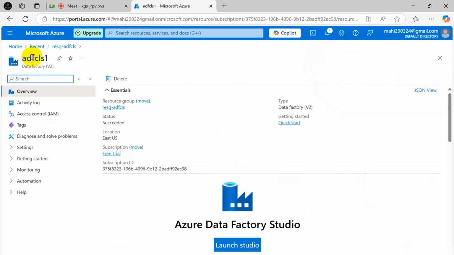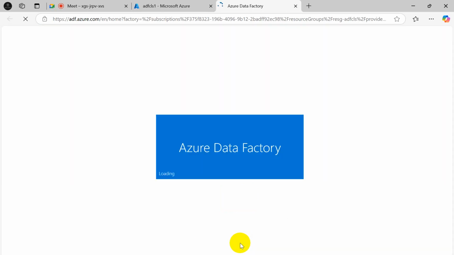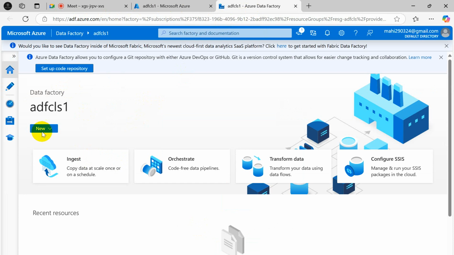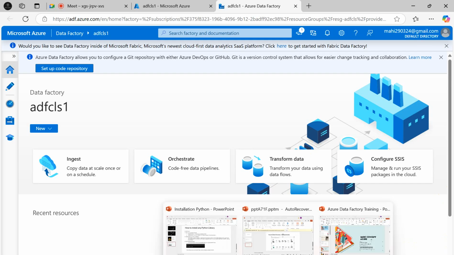So when we have to go within this Azure Data Factory, we can click there. We can hit on Launch Studio. So a different link will open, adf.azure.com. Here you can see you have an option for ingest, orchestrate, transform data, configure SSIS. So in the next class we will deep dive more into Azure Data Factory. Okay, now I'm going to